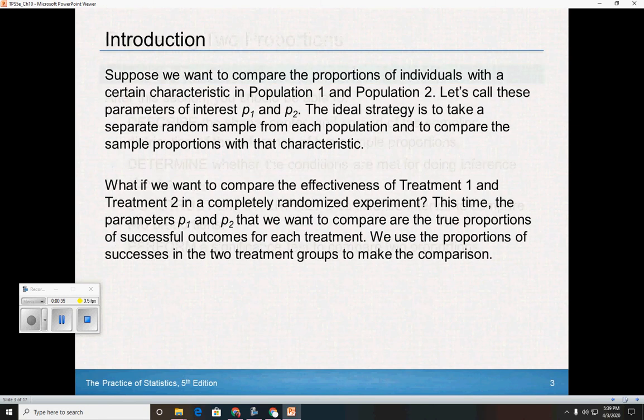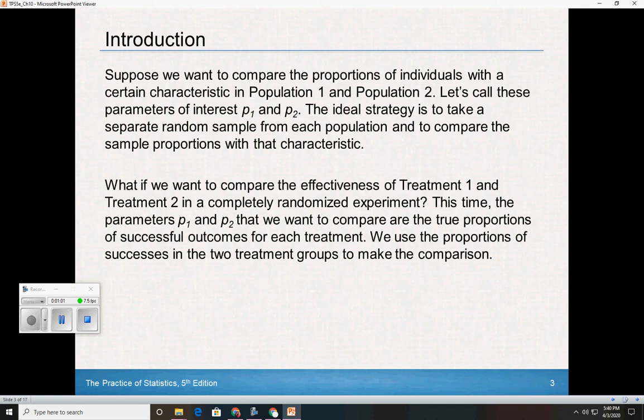Suppose, for example, we want to compare the proportions of individuals with a certain characteristic in population 1 and population 2. We'll call those characteristics the parameters of interest, P1 and P2. Now, ideally, I'd like to take a simple random sample from each population and compare the sample proportions of that characteristic. So what if we want to compare the effectiveness of treatment 1 and treatment 2 in a completely randomized